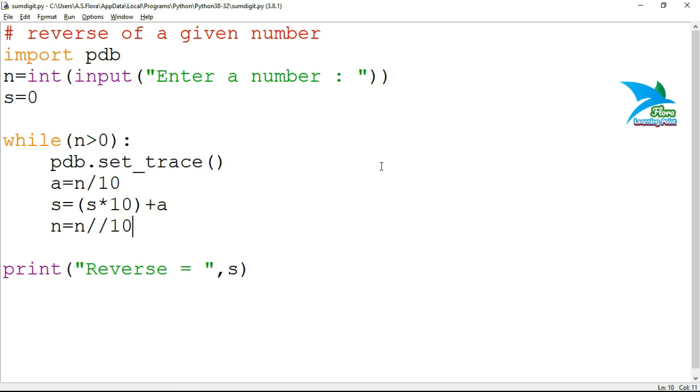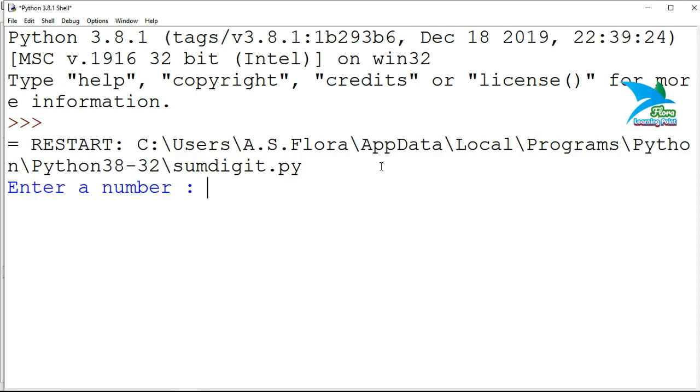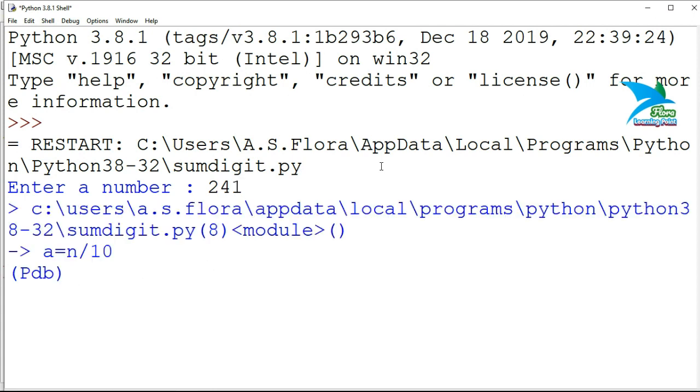During the execution of a program, if you want to check the value of each variable, I'm again going to run the program. I'll give 241 and press enter. Now the program is in debug mode, and I want to check the value of n. I'll specify p n.